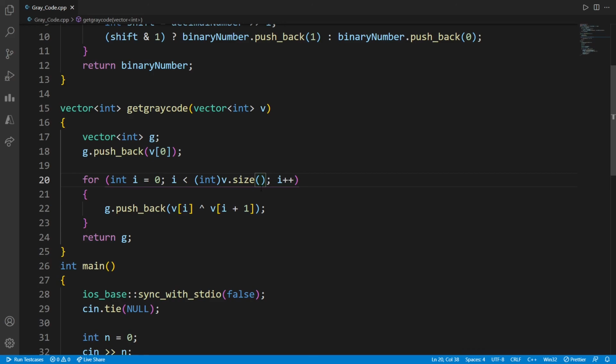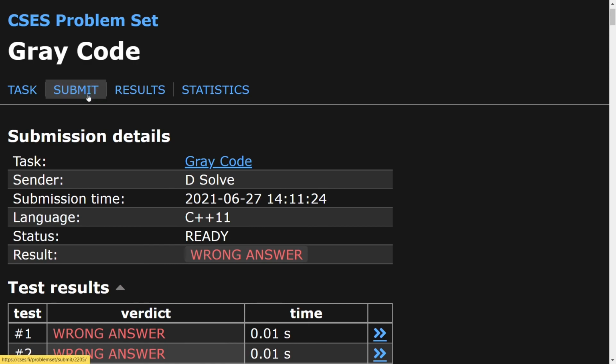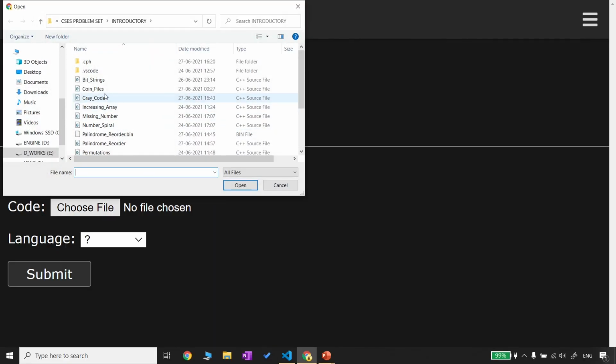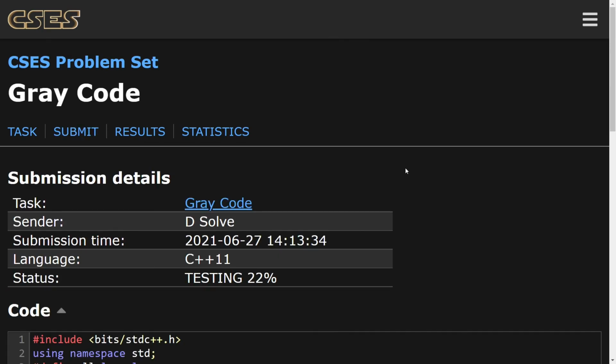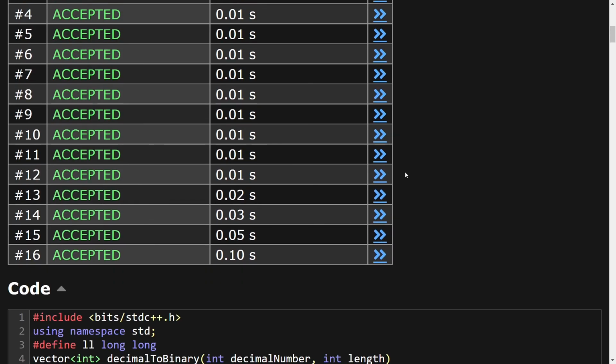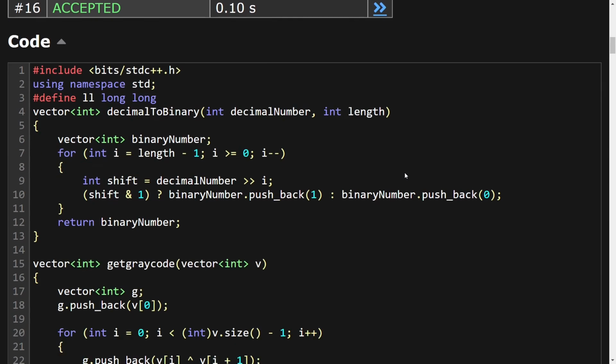No, we need to perform one less XOR operation. So we'll do this, and then let's submit the gray code. Yes, we needed to perform one less operation. Alright, so this is accepted. We'll see in the next video.